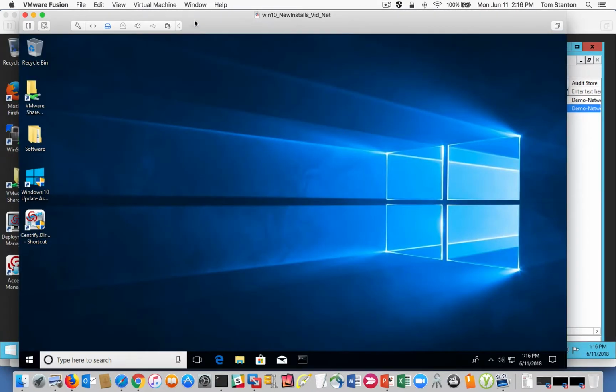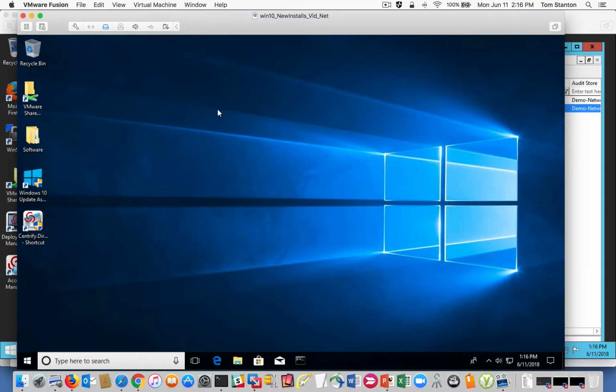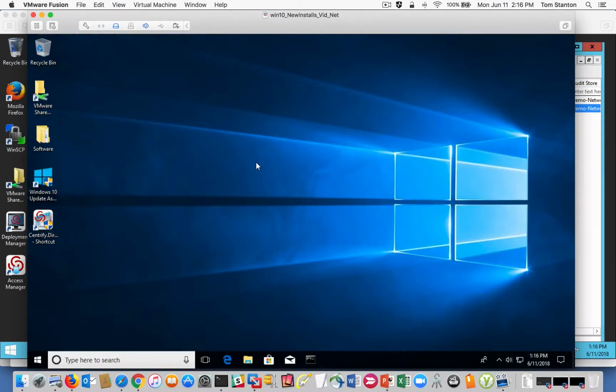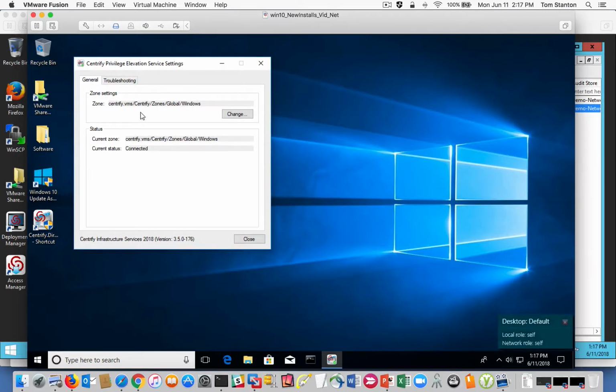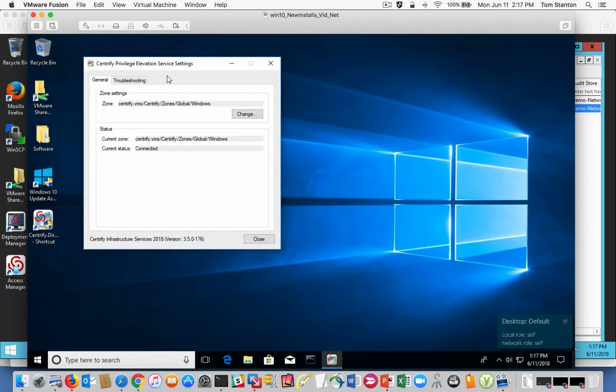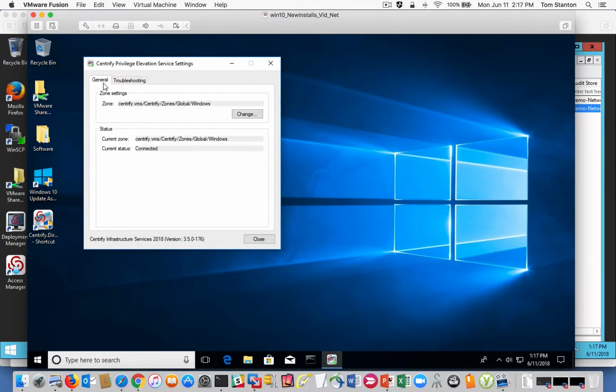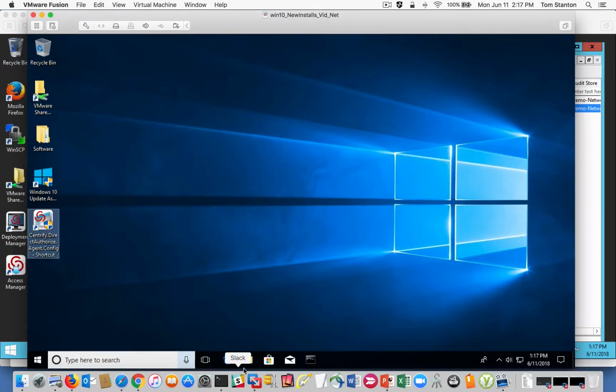So now I have my Windows machine. I'm all logged on as my test user, which is a local admin or has admin rights. On this particular machine, I've already installed the privilege elevation agent, or the module of the Centrify Windows agent. I've already installed the privilege elevation service, and we did this in the other video. What I want to do now is install another service. So where that's located,